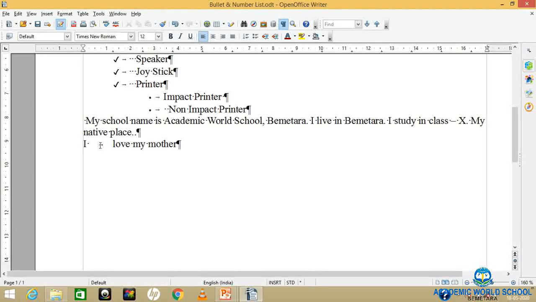So this is called non-printing characters. What are they called?